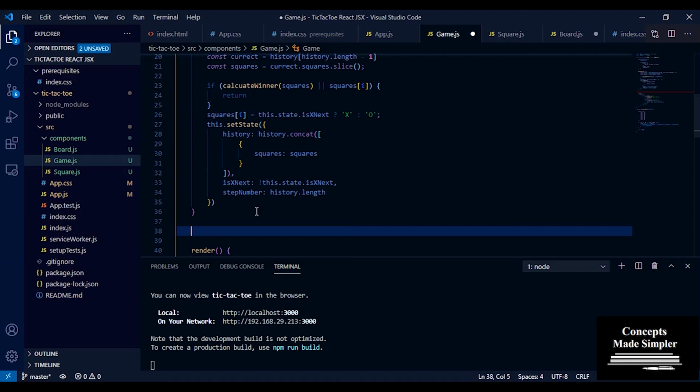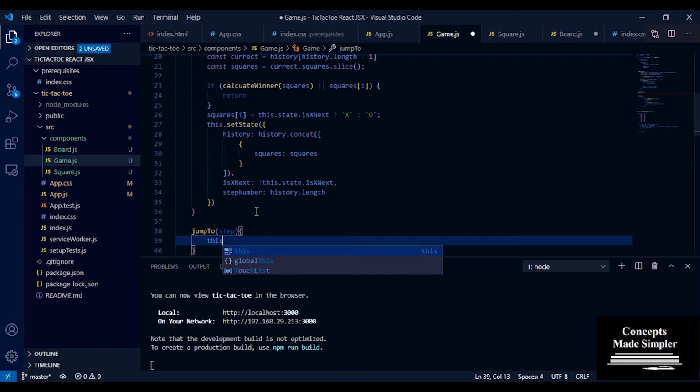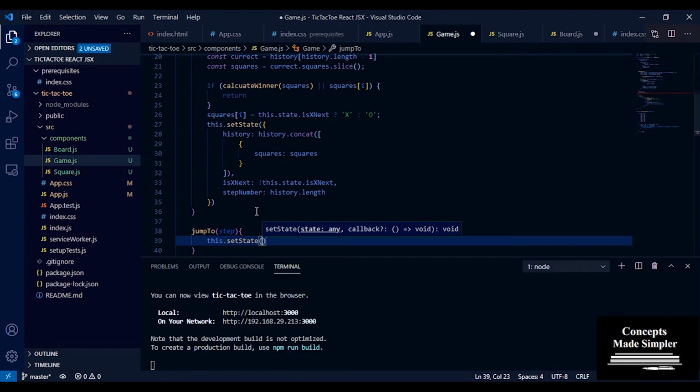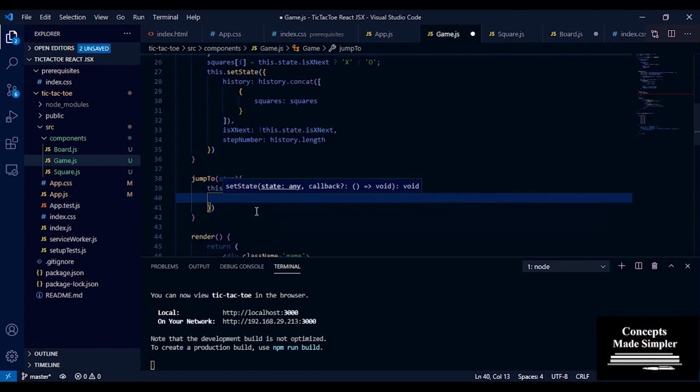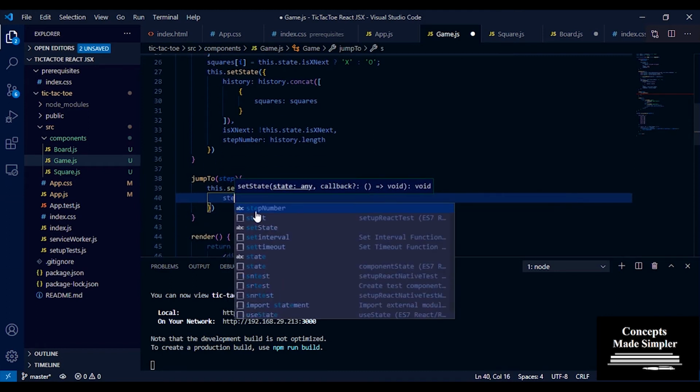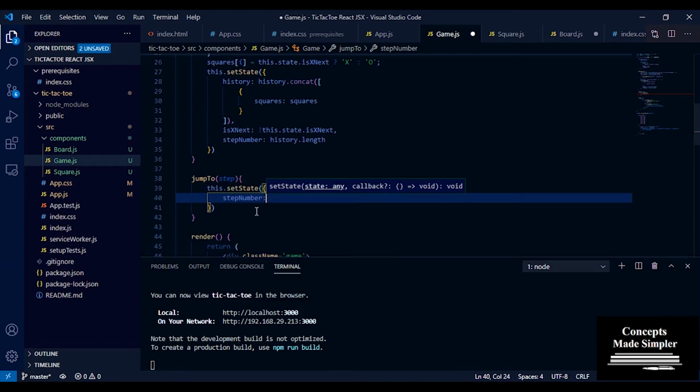So we are going to create a jumpTo function. We're going to pass in step, saying that we want to jump to this step, and then we're going to do this.setState, and here we're going to set stepNumber to step,